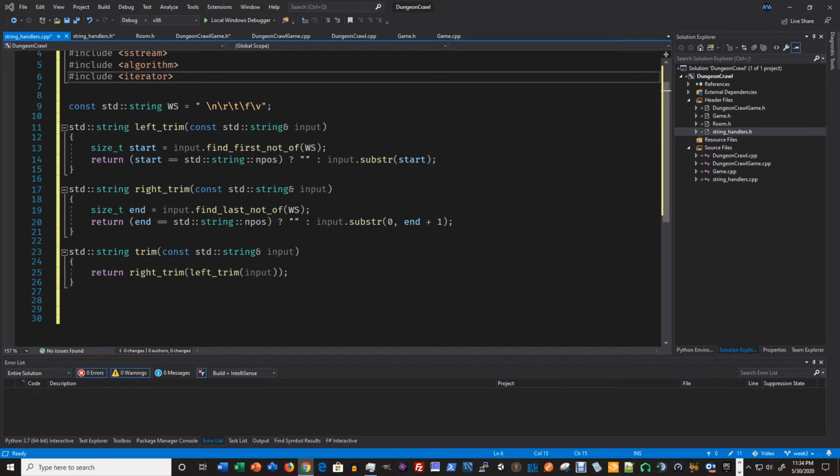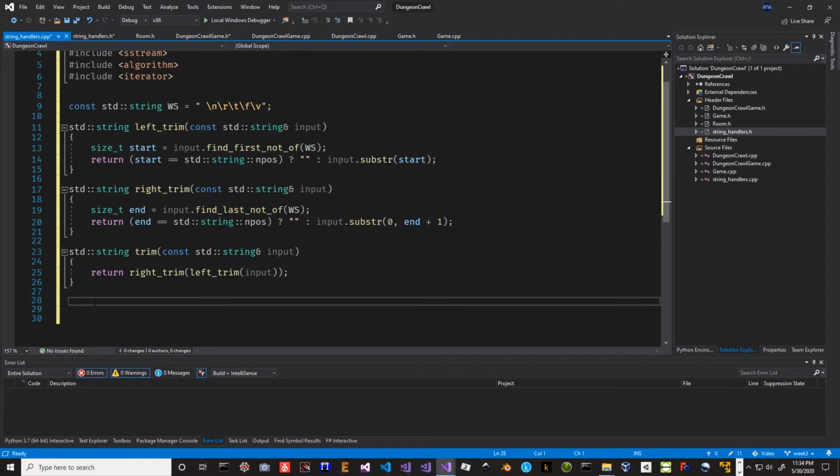So what we want to be able to do is take a string and break it down to a vector of words that have no white space around them. They're just individual words, because our commands are going to be things like go start room, or exit, or pick up item, or pick up name, or whatever, a variety of different commands. So we need to break those down. So what do we need to do? We need to first